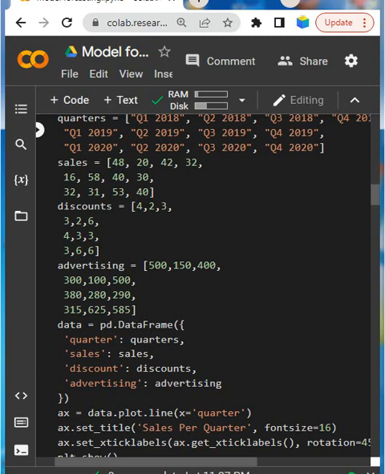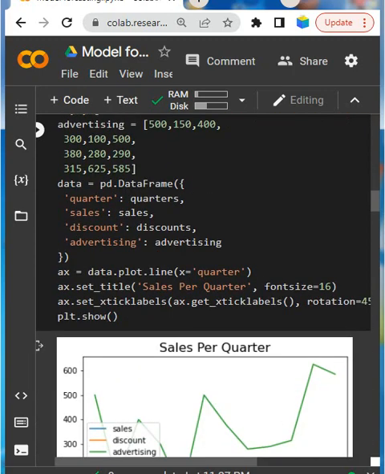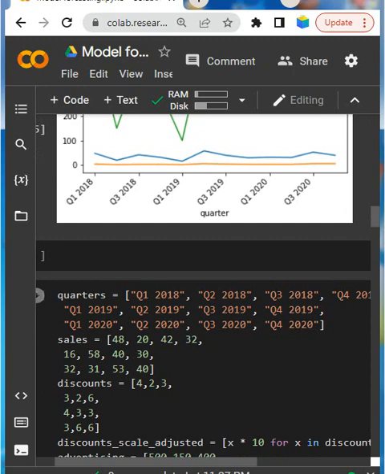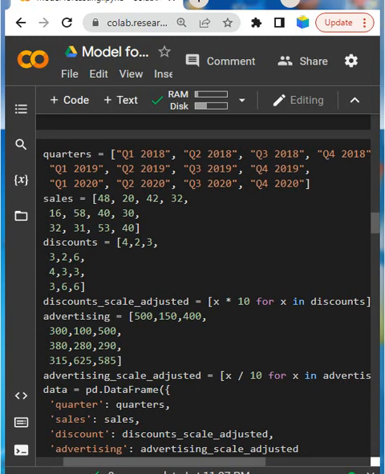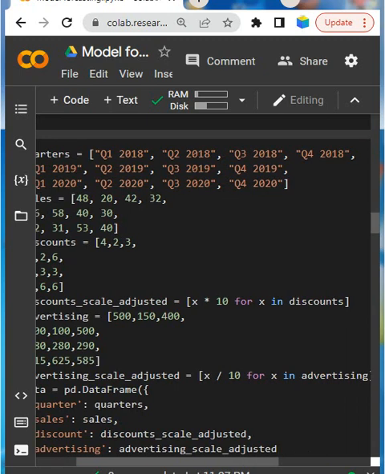So look here, one value is the discount, which is 4 in percentage, and sales is 48 crore, but 500, if I multiply it with 10 as a discount. So let's see, the discount scale has been adjusted, so x has been adjusted with 10.